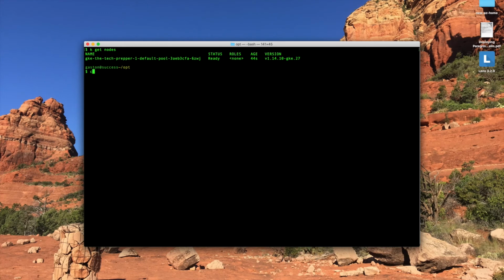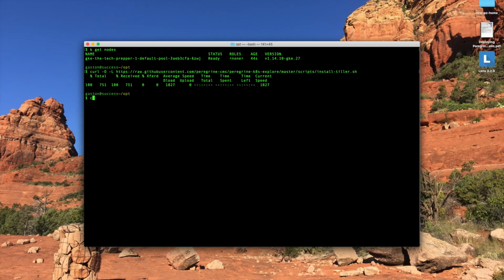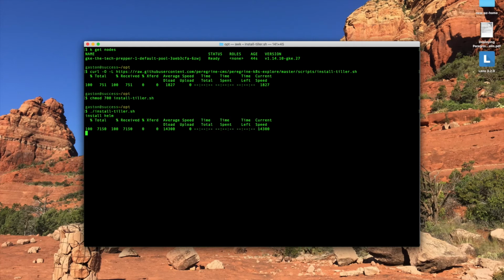So to begin, we're going to fetch that script with curl. Next, we'll change the permissions to make it executable, and then we'll run it. It will prompt you for a password as it will try to install Helm locally in user local bin on